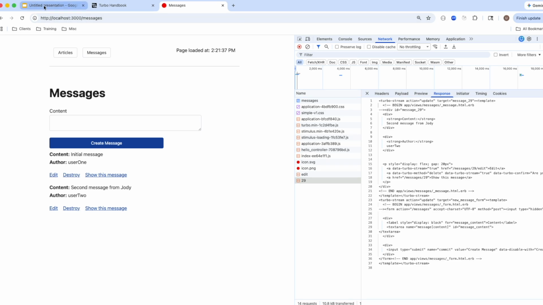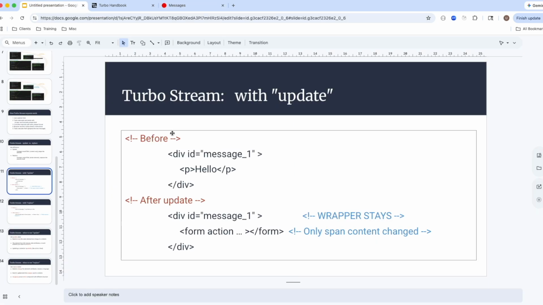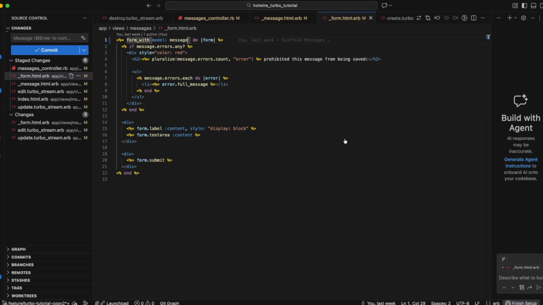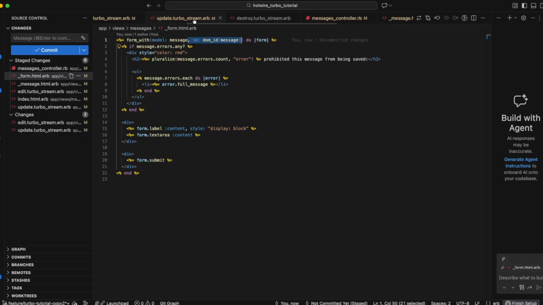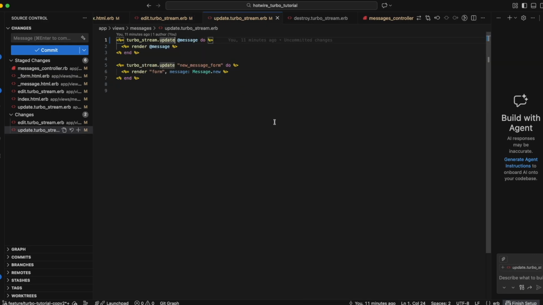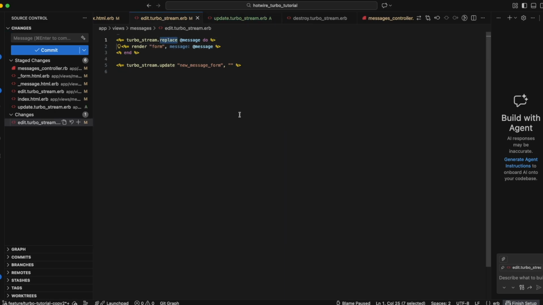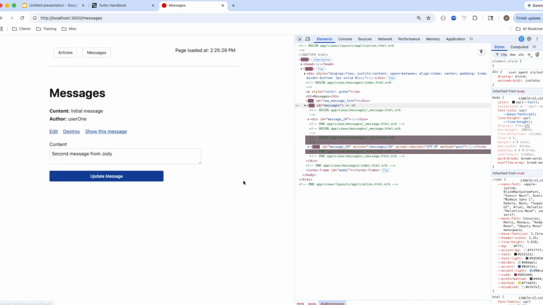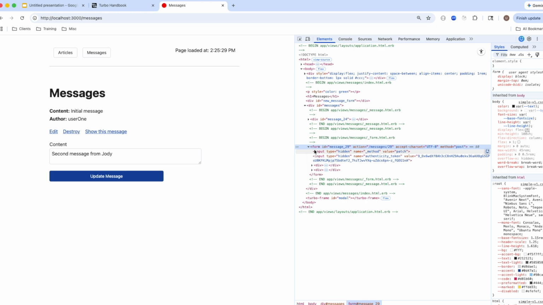And as we just said, when we use update, the wrapper stays. We can see it in here. When we go back to elements, you see that when we click the edit link, the wrapper was not changed. And let us go back to the editor, change it back to what it was. Let us use replace again, refresh, and this time when we click the edit link, we again get the wrapper totally replaced with a new one,